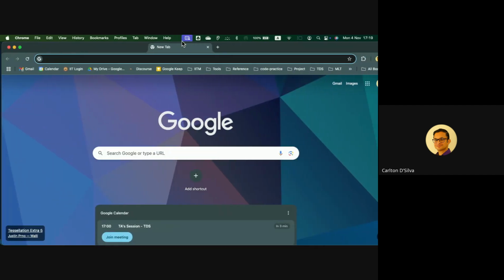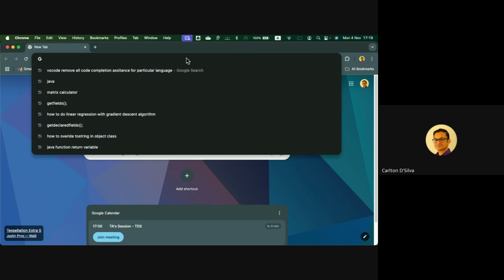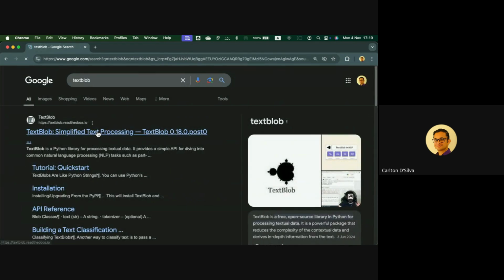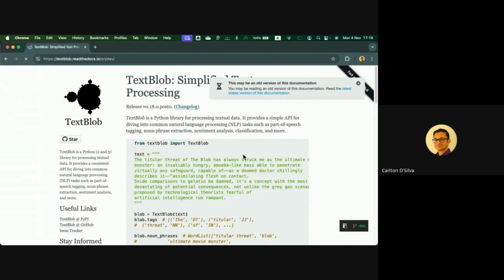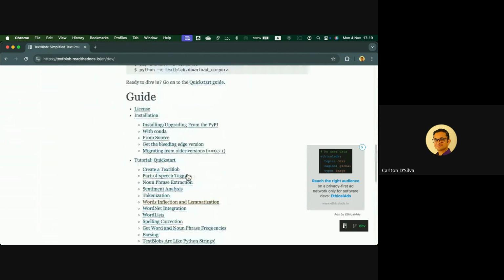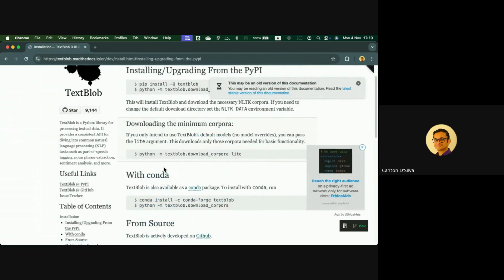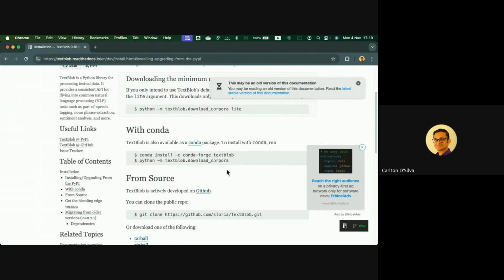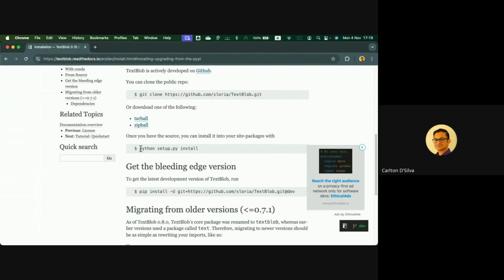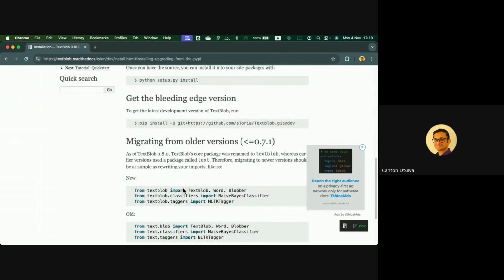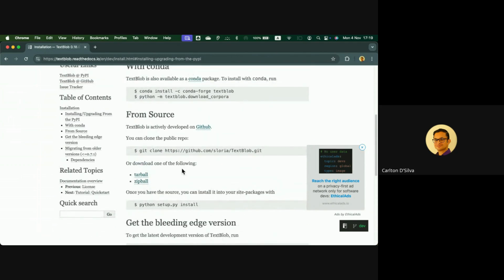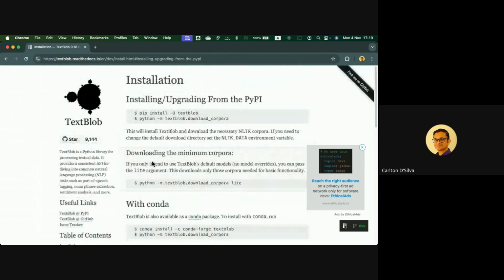Let's see, let's do this here. If I say TextBlob, so installing it. So this is what we want. Install. Here, right.